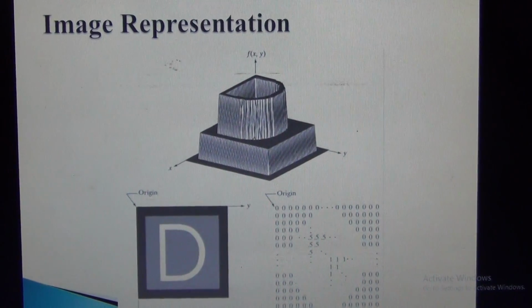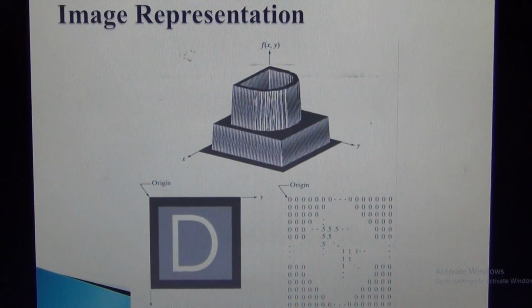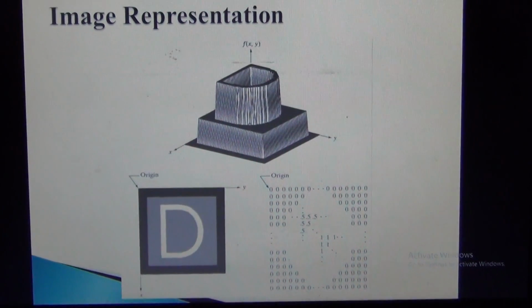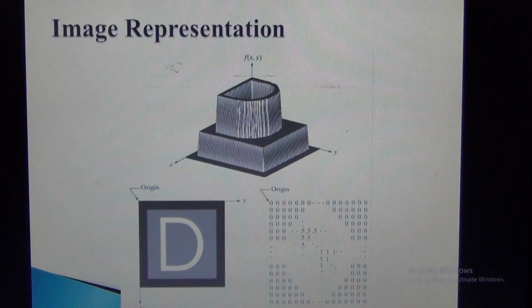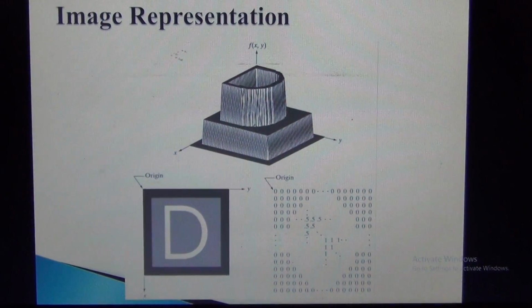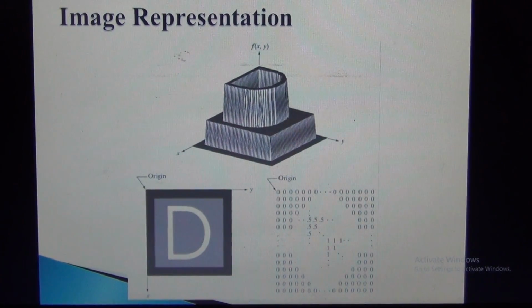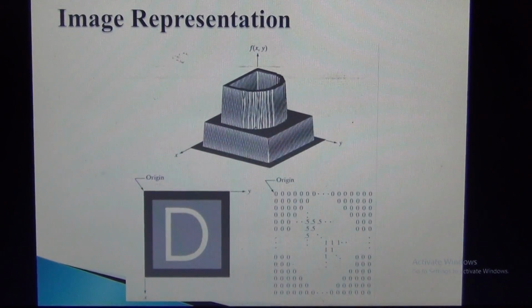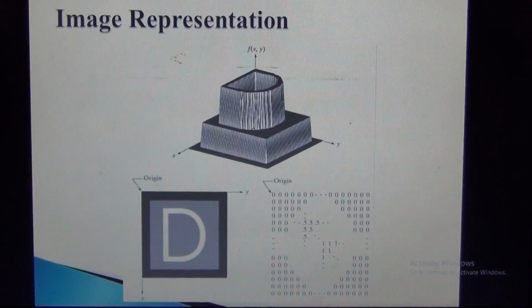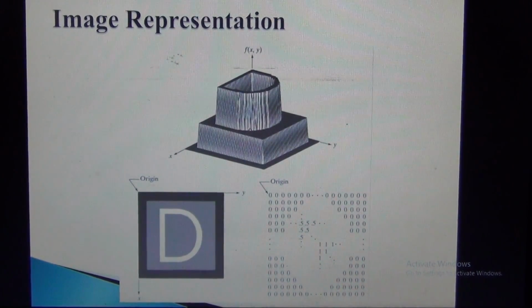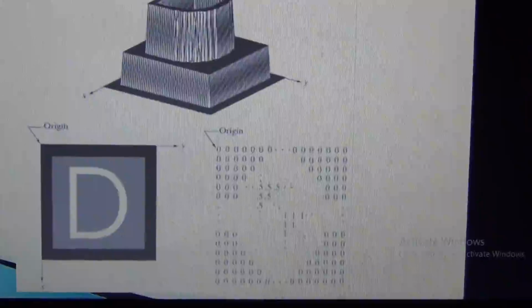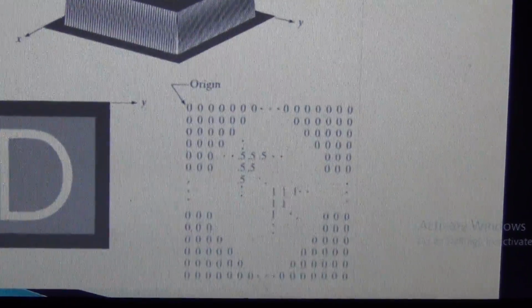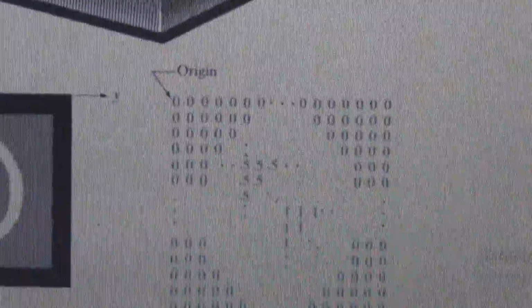So next is a plot of a function with 2 axes determining spatial location, and the third axis being the values of intensities, that is f, as a function of 2 spatial variables x and y. In the second plot, it is much more common to show f(x,y) as it would appear on a monitor or photograph. In this figure, the intensity of each point is proportional to the value of f at that point. In this intensity scale, 0 corresponds to black, 0.5 to gray, and 1 to white.